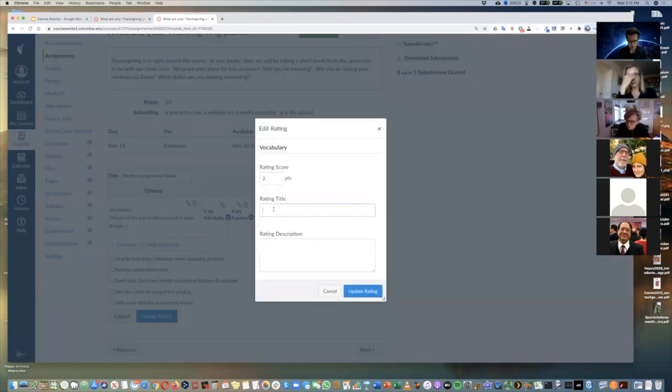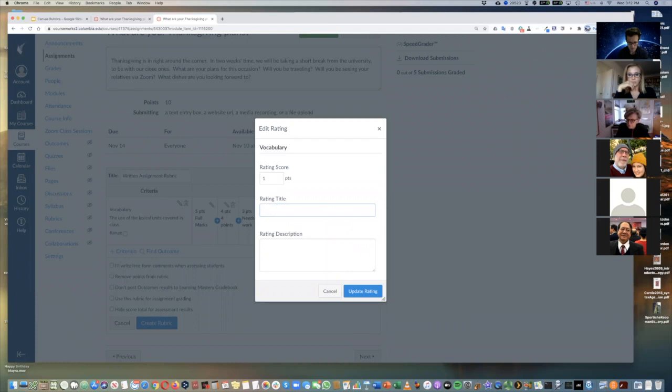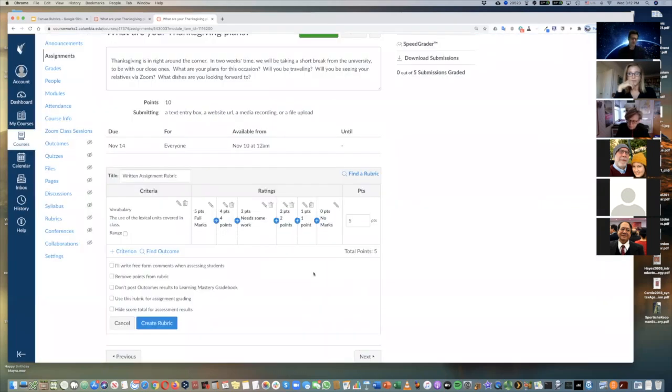And this will be 2 points. Okay, and finally, 1 point. Okay, so this is super granular, maybe a little bit too much. The point is that you can create these ratings and you can make them whatever makes sense in the context